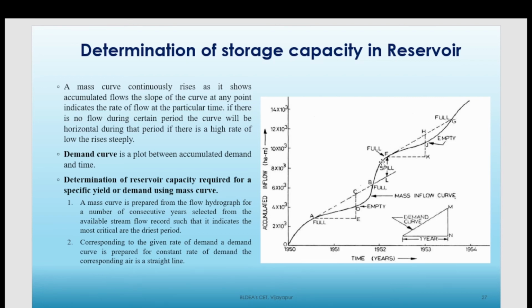Once you draw this, what we'll do next is find a point which has the maximum depth. As you can see, this is CD and this is HJ. Like this, we'll find out the maximum depth that is possible in this depression. This is the depression that is taking place. So in this entire portion, we'll find out the maximum ordinate that is possible.